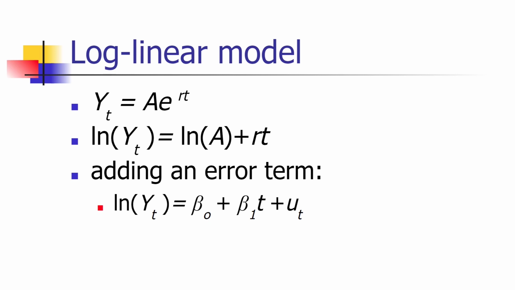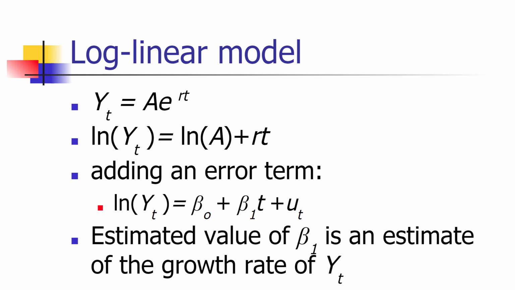This is where economists get estimates of the rate of growth of economic variables. So when you see measures saying that a population was growing at 3.2%, or that healthcare spending is growing by 5% a year, for example, the way in which economists get an estimate of that growth rate is exactly this way, where you take the log of the variable and you run a regression of that against time. The estimated value of beta 1 is nothing more than the growth rate of the variable y.